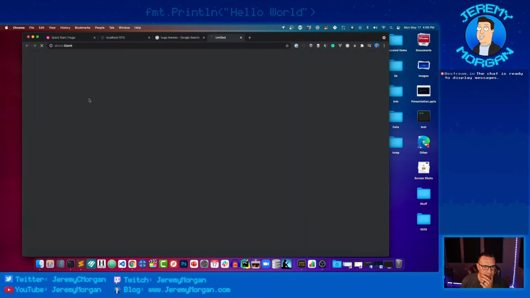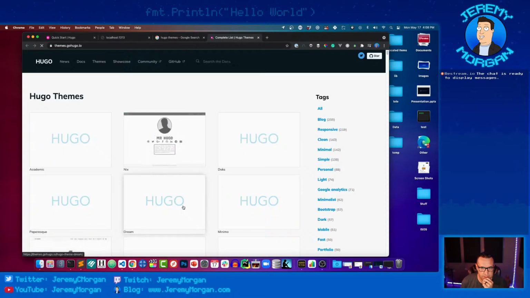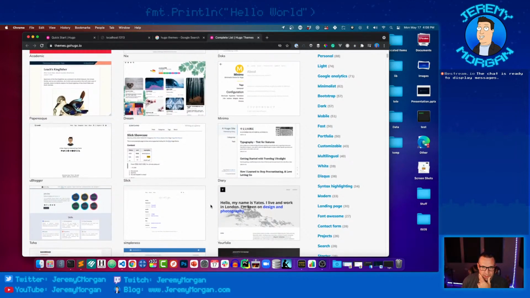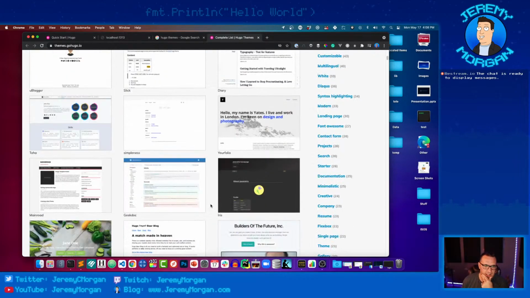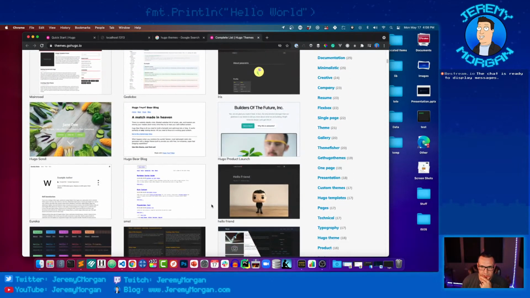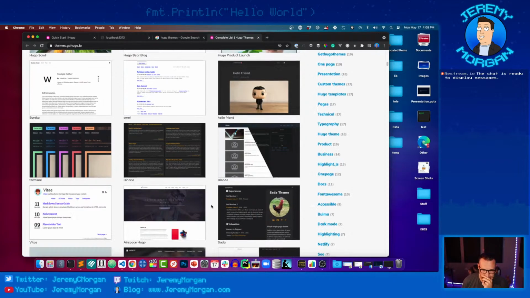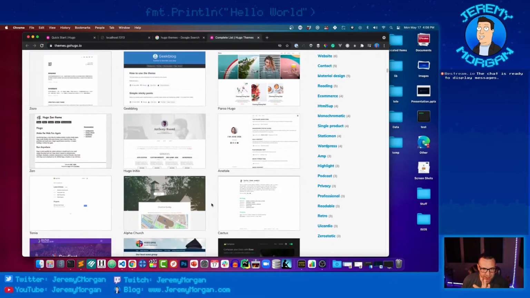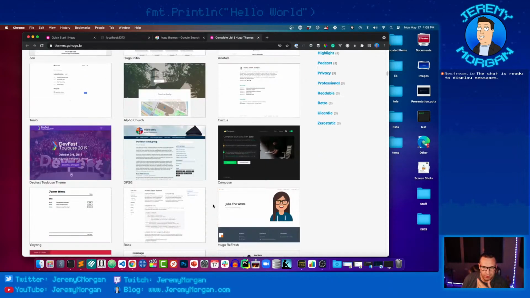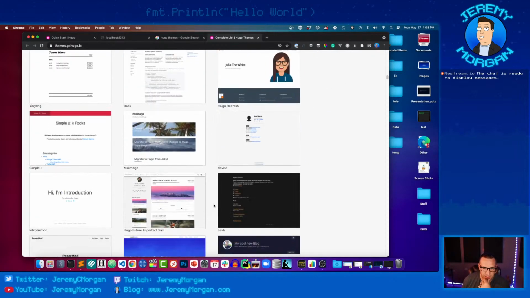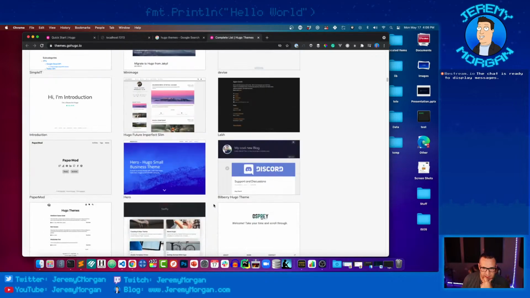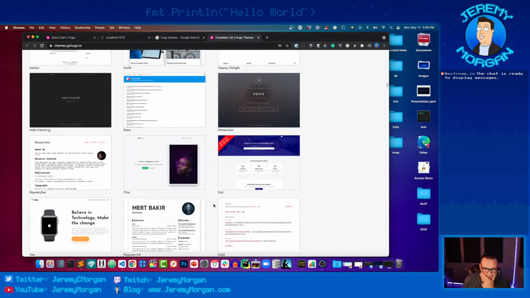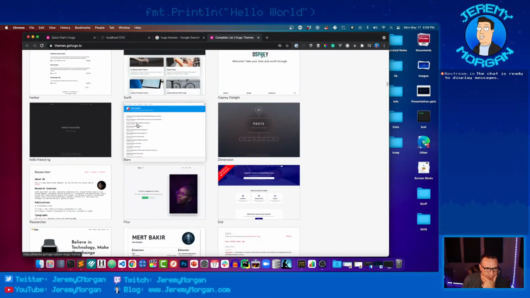And I'll probably end up building my own theme for this. And I'll do that on the stream too, just so we can check it out. But for now, let's just grab a Hugo theme that we think will look good for jeremymorgan.tech. I like things really simple. These are all the free Hugo themes that are available. Most of these are awesome looking themes. It's just not really my thing to have it really cluttered and filled up. This one I kind of like, this bear, but